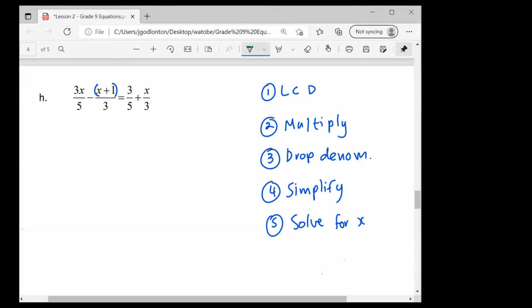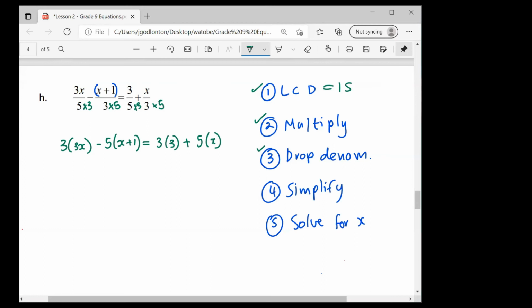Okay. Here we go. First step, our lowest common denominator is 15. So I'm going to multiply that by 3, by 5, by 3, by 5. If you want to jump straight to saying 9x, that's absolutely fine. I'm just going to write it like this so that I'm being consistent. Minus 5 times x plus 1 is equal to 3 times 3 plus 5 times x. Okay, and all of those would be over a denominator of 15. So then I can drop my denominator. Okay, so we've done our LCD, we've multiplied, we've dropped our denominator.